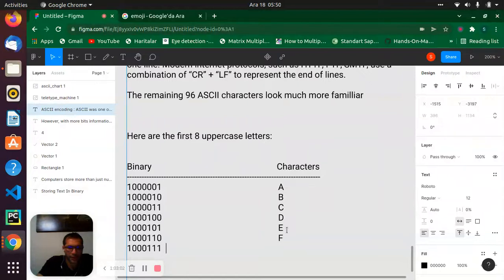This one here, let's say this one will be G, and the other one will be 1, 0, 0, 1, 0, 0, 0. This one will be H. Okay.